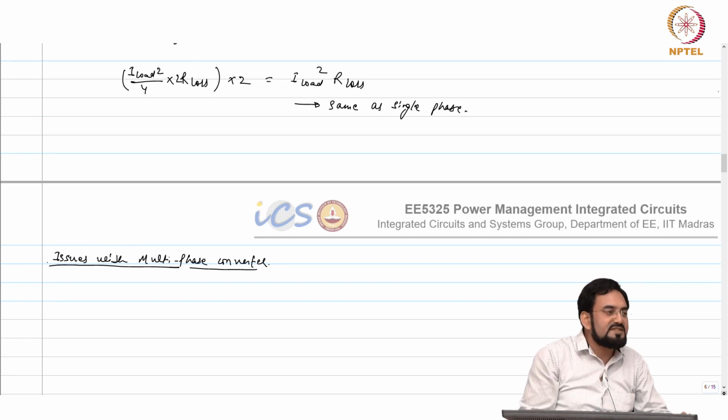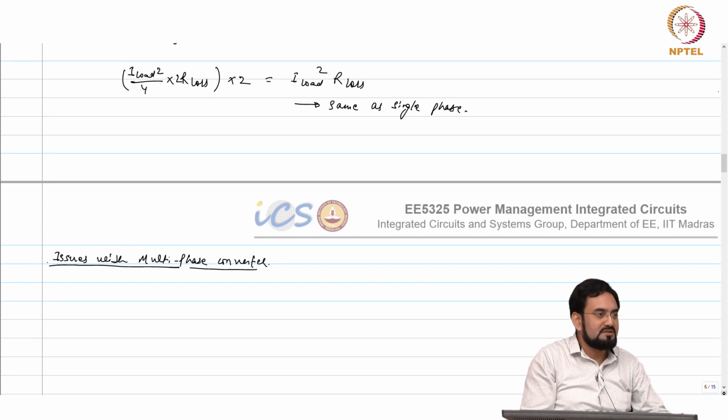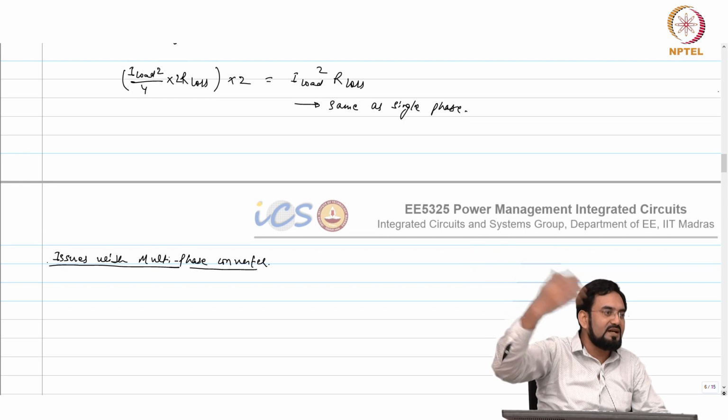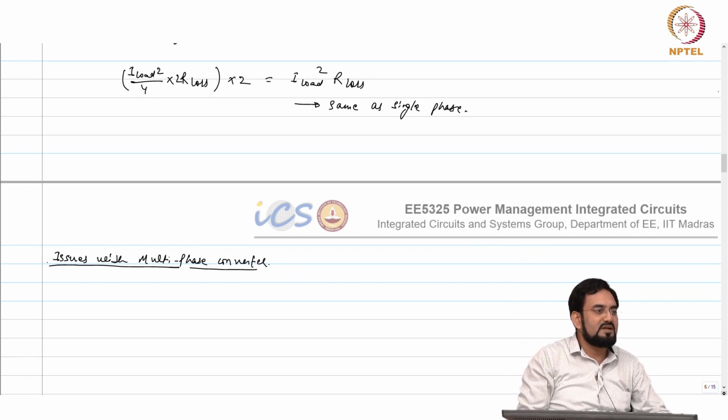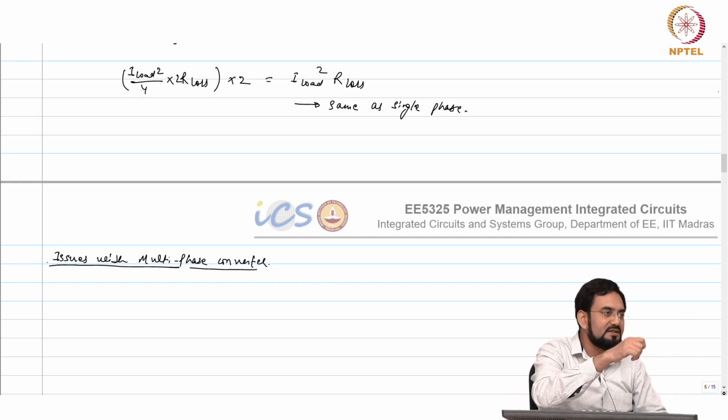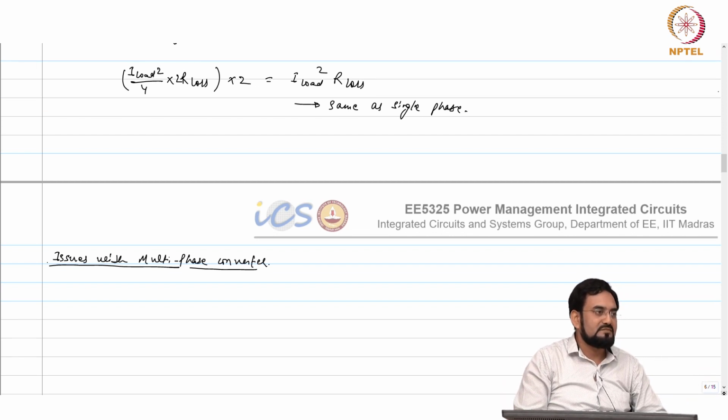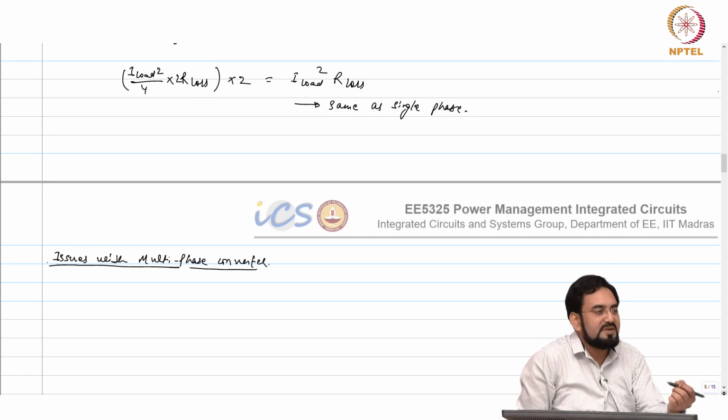The problem is, if the duty cycle is mismatched, what will happen? Inconsistency. So one will have a higher current, other will have a smaller current. I mean, your loop will try to regulate. Even if there is duty cycle mismatch, your loop will force it in such a way that your average duty cycle will look the same. Okay. So that's not a problem actually. Regulation is not a problem. The problem will be current balancing. So the current balancing is the main issue here.